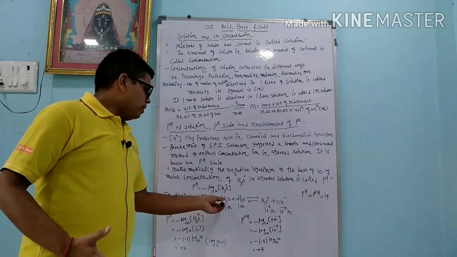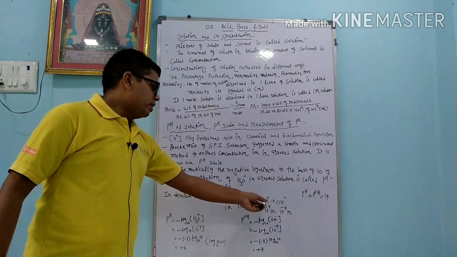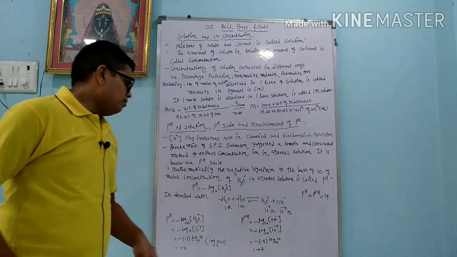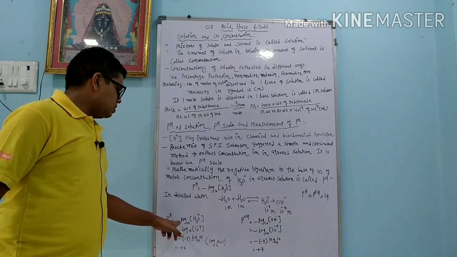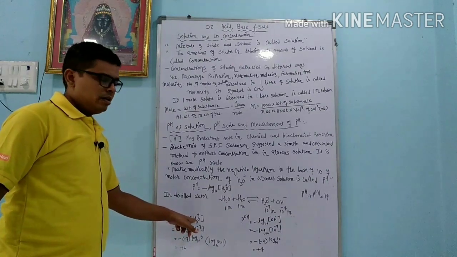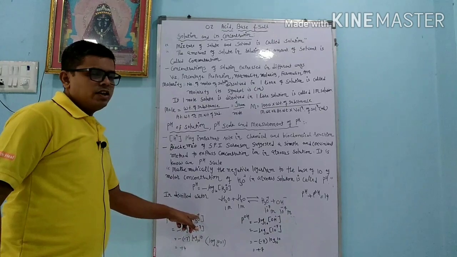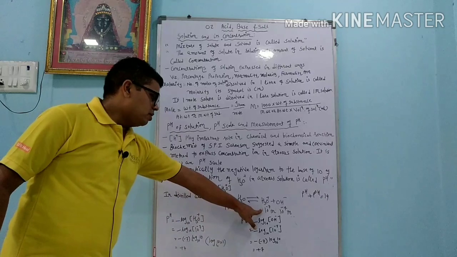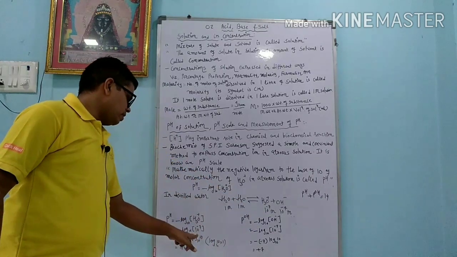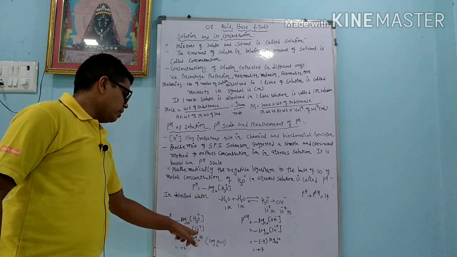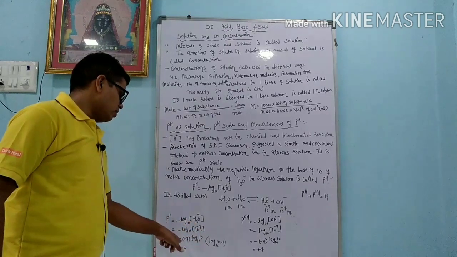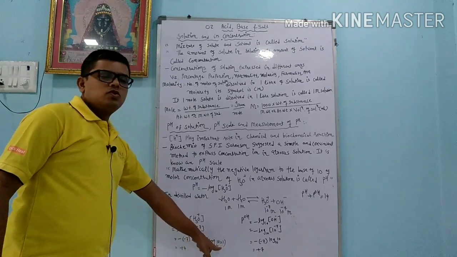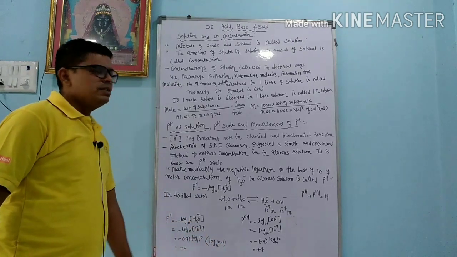So in distilled water, if we take water 1 molar, then we get H3O plus 10 raised to minus 7 molar, OH minus 10 raised to minus 7 molar. Here we will apply minus log base 10 concentration of H3O plus ion. Instead of H3O plus, you can write H plus also. So minus log base 10 concentration of H3O plus ion is here 10 raised to minus 7 molar. According to log rule, 10 raised to minus 7 is converted into minus 7. But the minus sign is already here, so minus minus is plus 7. Log 10 base 10 equals 1. So we get the value of pH is 7.